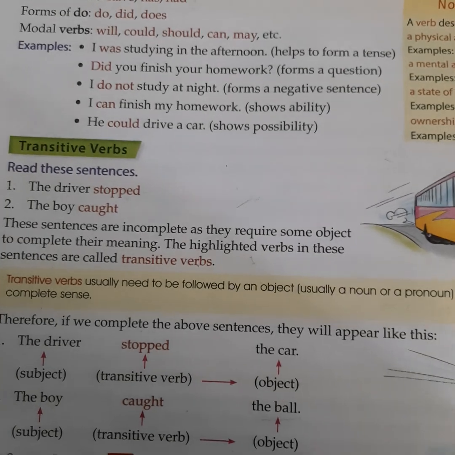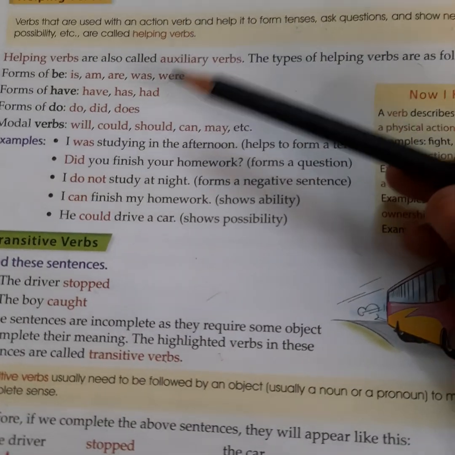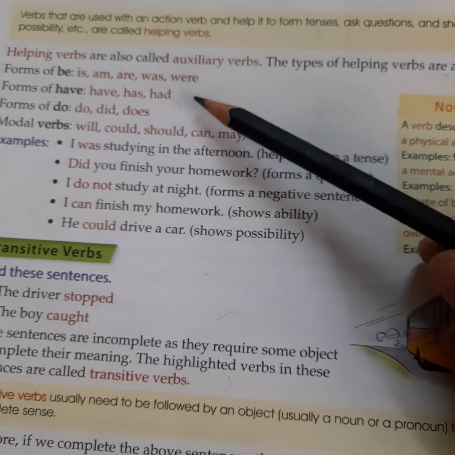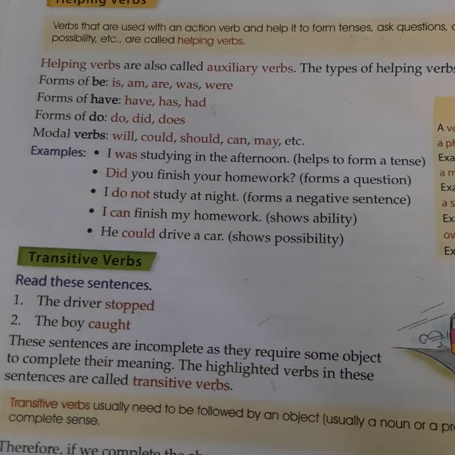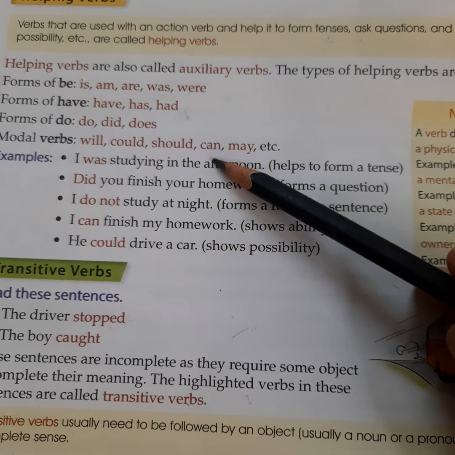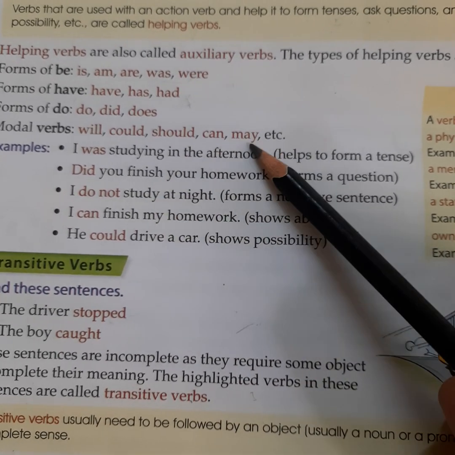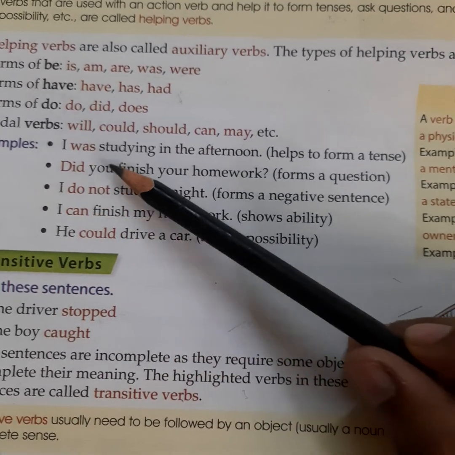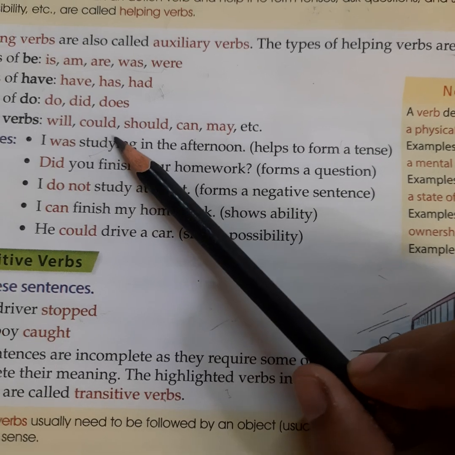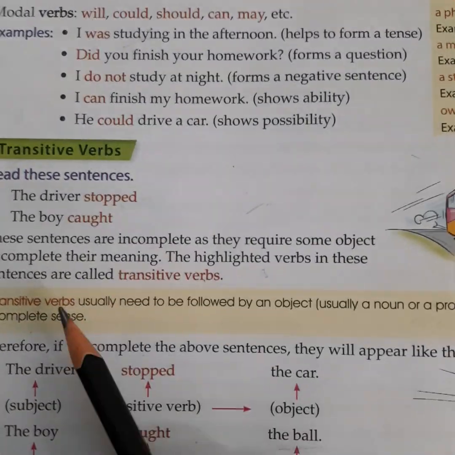Next we are going to learn about transitive verbs. So helping verbs are basically those जो actual में हमें पता नहीं होता कि ये verbs हैं, but they are also verbs. They are called helping verbs which help the action to do something. ये action से पहले आता है. It comes before the action. Like I was studying, so studying is an action, but before studying there is a helping verb. ठीक है.